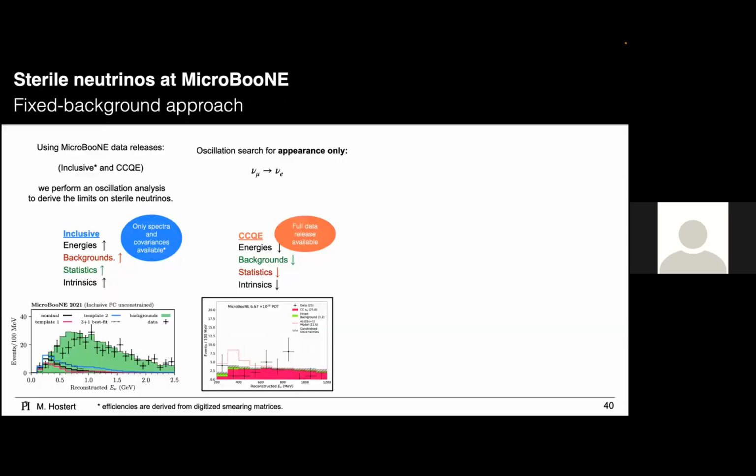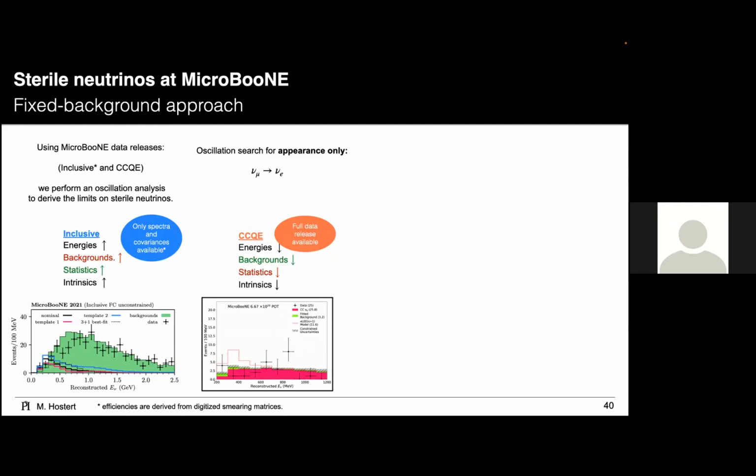And if not, then we can ask a similar question to what we've been asking so far, but with a physical model. So instead of talking about templates, I can talk about a model prediction in terms of physical parameters. One way to do that is using an oscillation. That's the way that the other short baseline experiments will do this. So what we've done is we've set constraints on an oscillation parameter